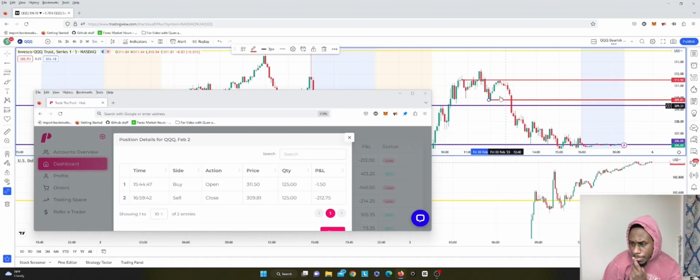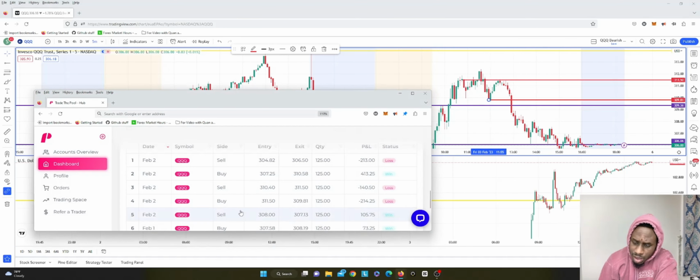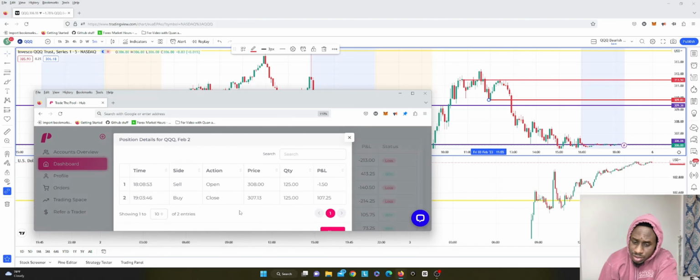11:55. It's kind of strange. It's like off by a candle. 11:55. Yeah, this is correct. I got hit out to the buy side, so I wanted it to continue up. I got hit out at my stop loss here. And then the third trade was to the sell side for some quick profits.